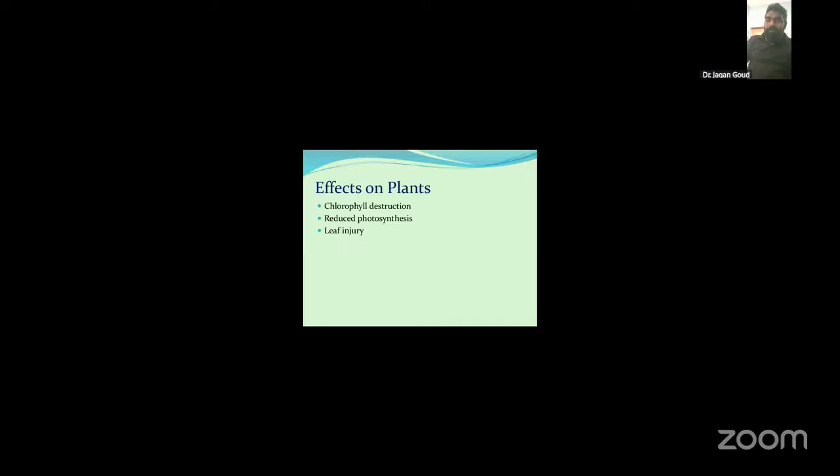Leaf injuries occur with some injuries as there. Coming to the next slide, plant symptoms. Air pollutants such as ozone, sulfur dioxide, nitrogen oxides, fluorides, and particulate matter induce characteristic visible and physiological symptoms in plants. These symptoms are important for bioindication studies like environmental monitoring, crop damage assessment, and ecotoxicological evaluation.